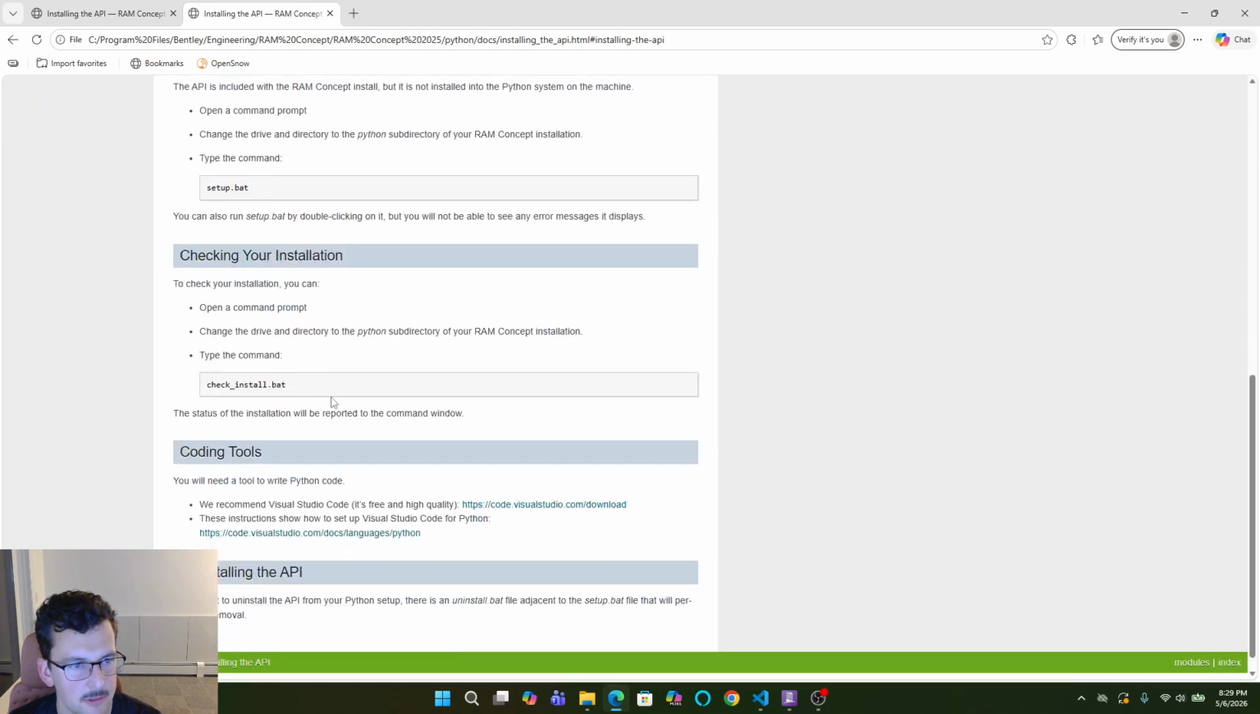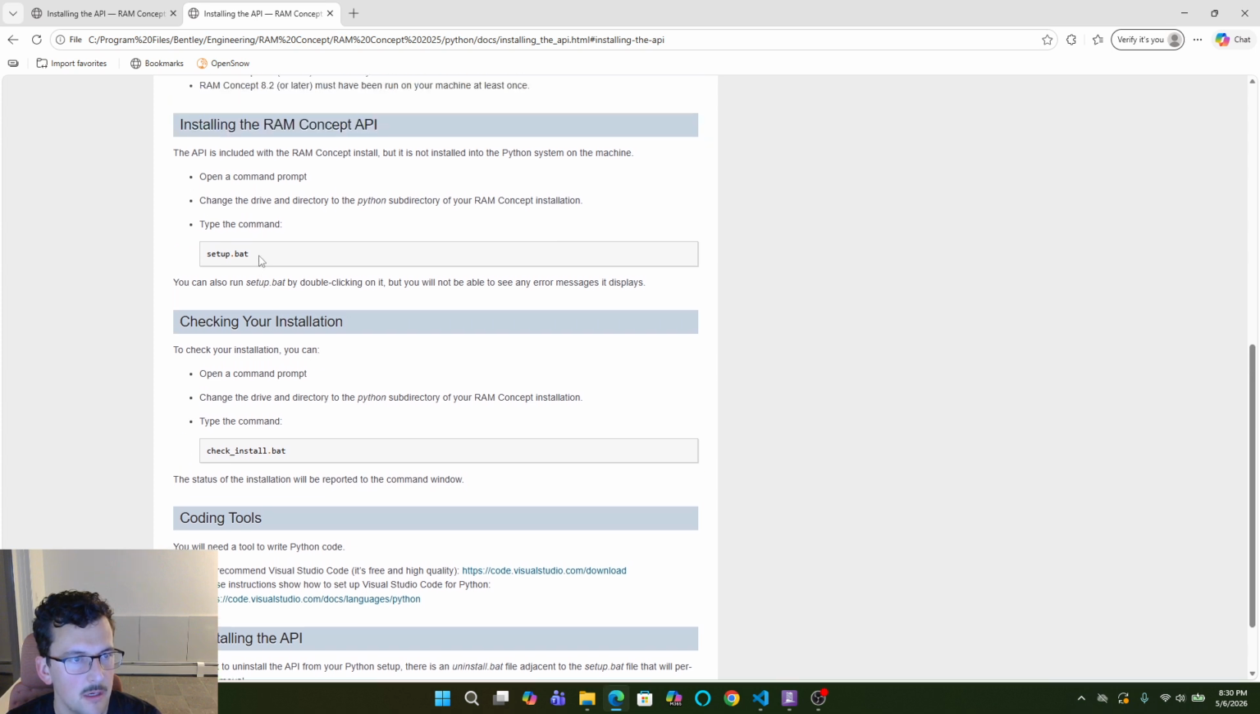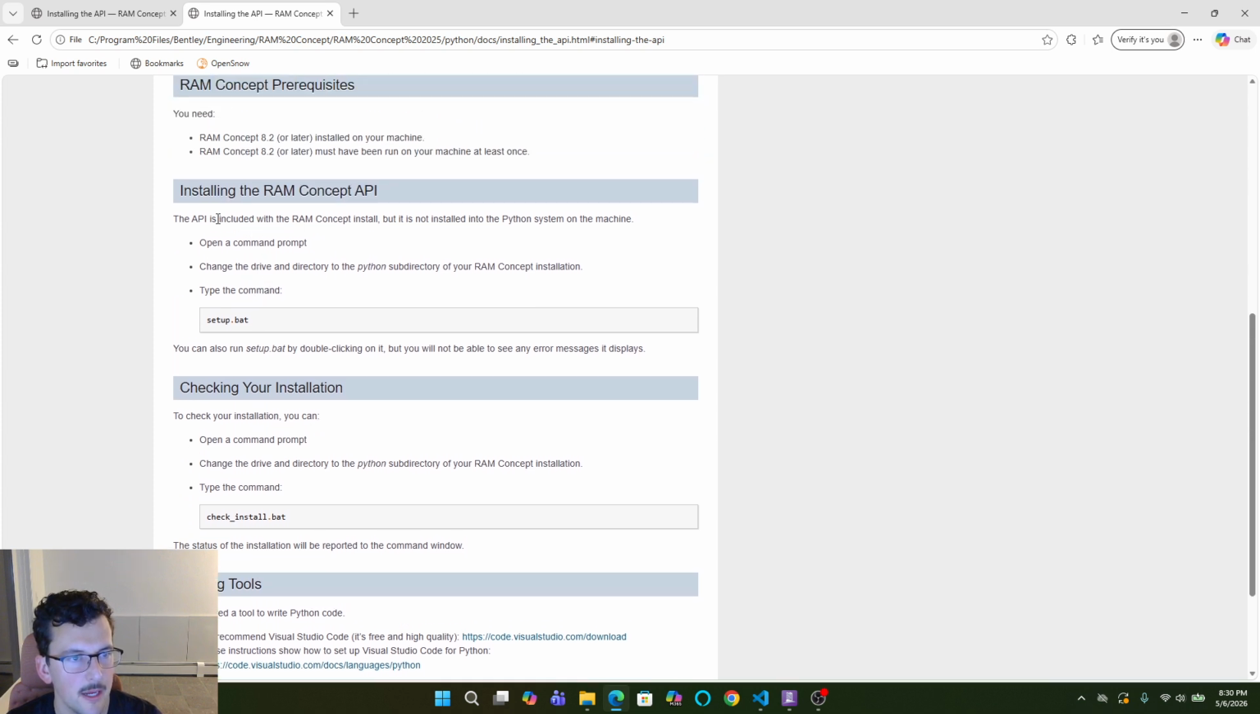And then RAM Concept also recommends using Visual Studio Code, which is easy to install. They give you a link here. So let's go ahead and try this. Installing the API,